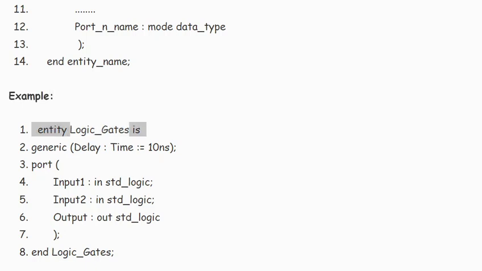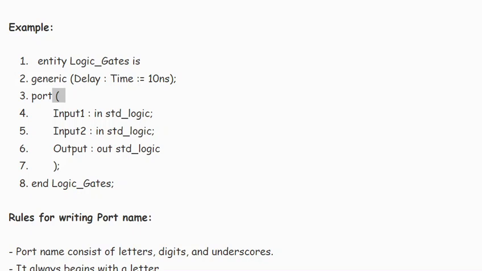Entity logic_gates is generic (delay_time = 10 ns); port (input1: in std_logic; input2: in std_logic; output: out std_logic);